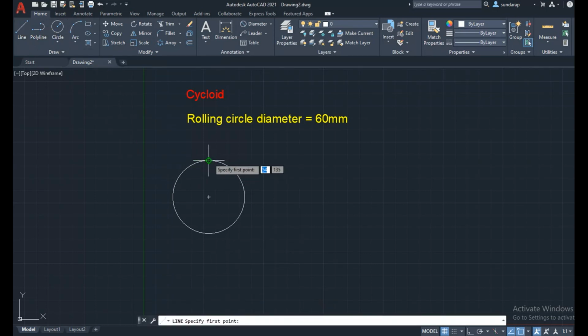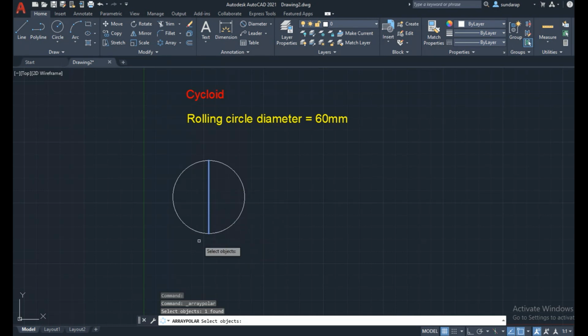Then draw a vertical line. To divide into an equal number of parts, now I have divided it into 2 equal parts. Now I want to divide it into 8 equal parts, so here I am going to use a polar array. You can select the same line. I want to make it 8 equal parts of the circumference of the circle.